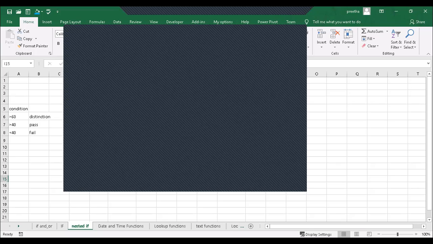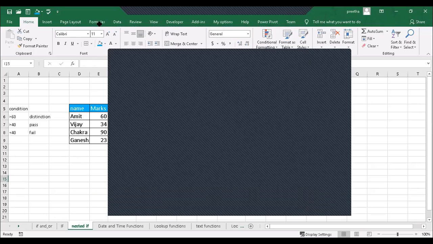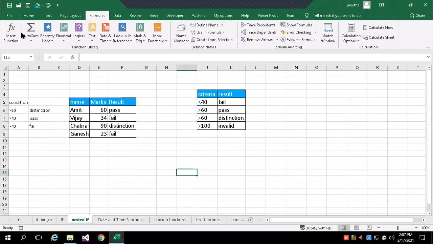Then working with date and time functions, then database functions. You have the category of financial functions. If you come to the Formulas tab, you can observe there are different categories of functions.